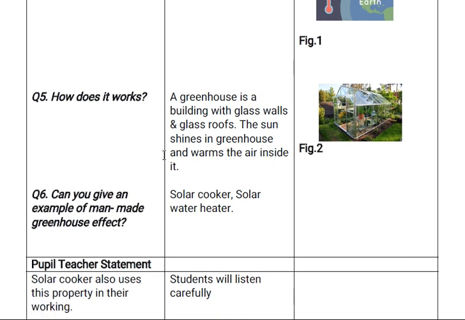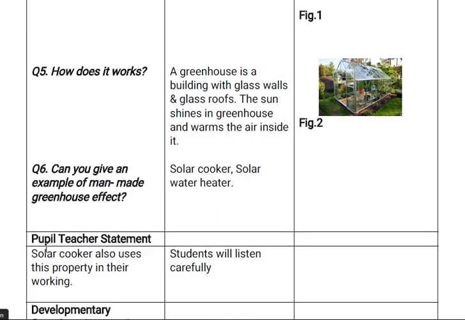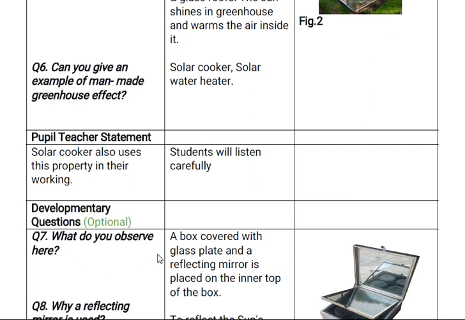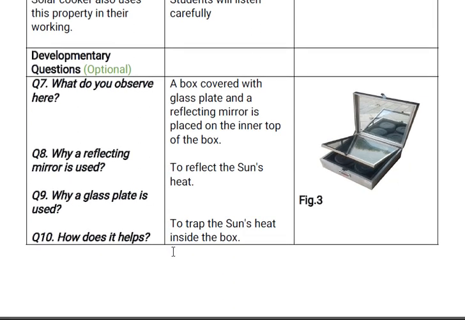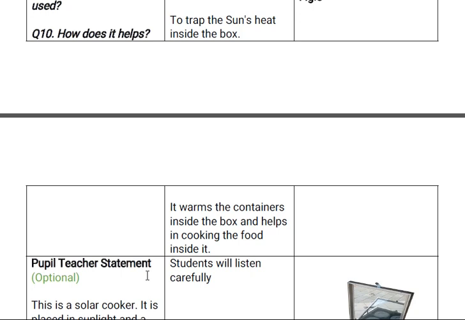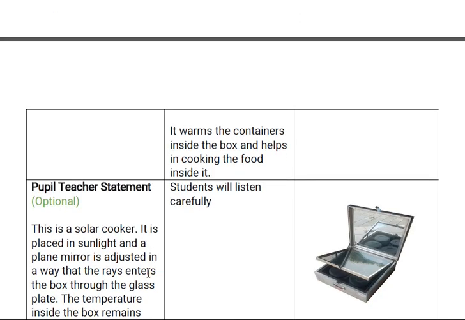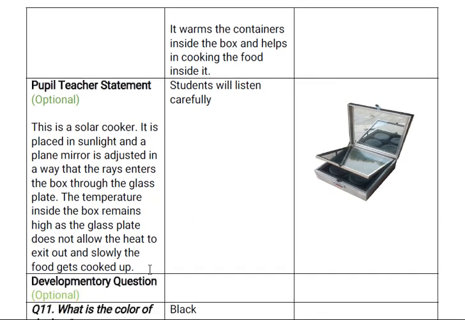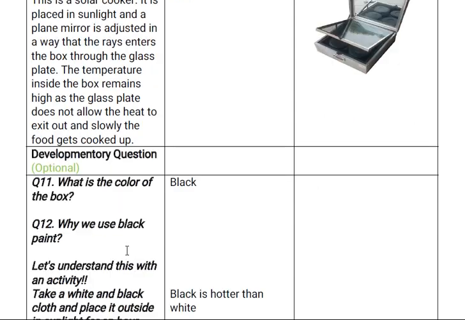After asking some questions, the pupil teacher explains the particular topic, like we were discussing solar energy. So now the pupil teacher explains the topic and students will listen carefully. Now the same teaching point includes another topic to be covered. So these are the developmental questions for this. After that, again the pupil teacher explains something, whatever she has asked the students, or whatever she was trying to relate with. Now comes the 3rd part of the developmental questions,